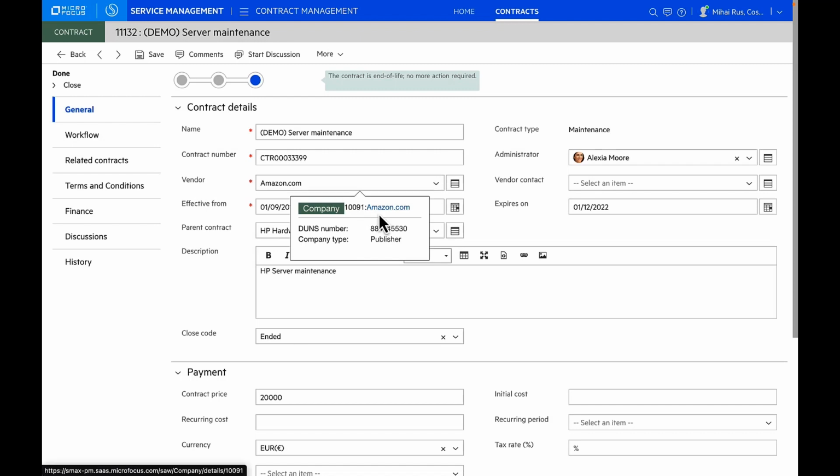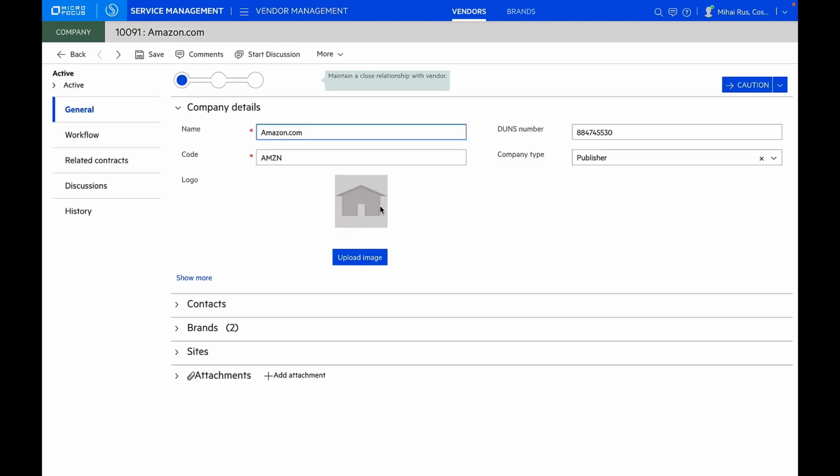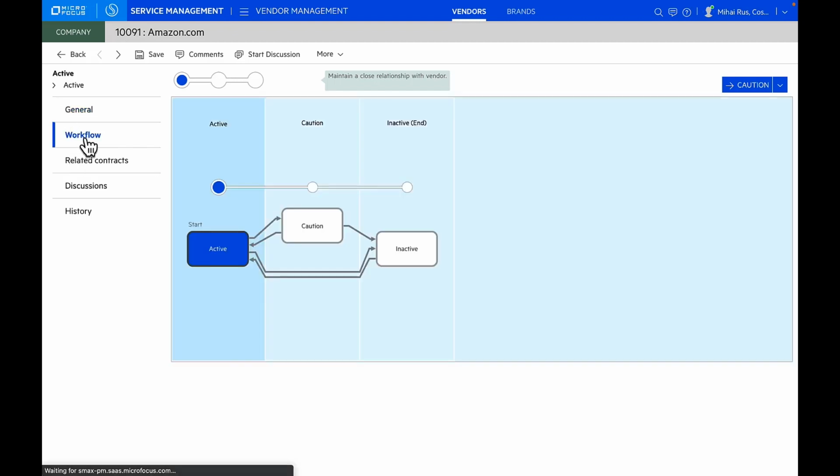So the vendor management module allows you to not only create and manage vendors or vendor information and associated brands, but will also help you map all relevant contracts that we have with a vendor from a contract module. Not only that, but we can also manage risks associated with vendors to centralize processes and workflows that are inbuilt into this module. Like you can set up a vendor into caution if you see any risk with the vendor and either move them back into active or can make them into inactive directly.